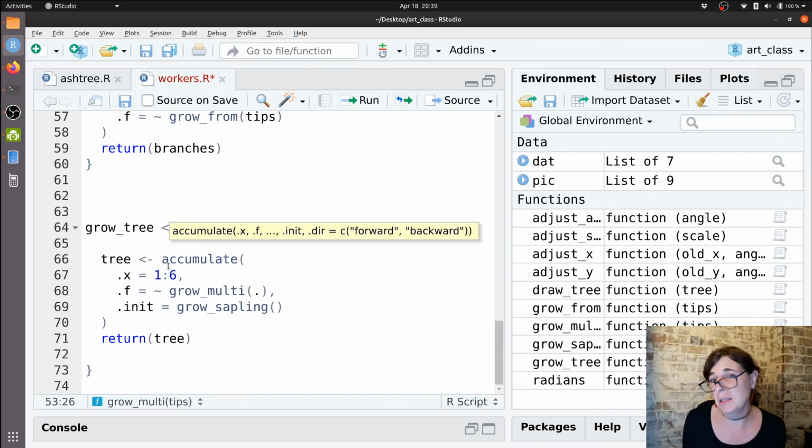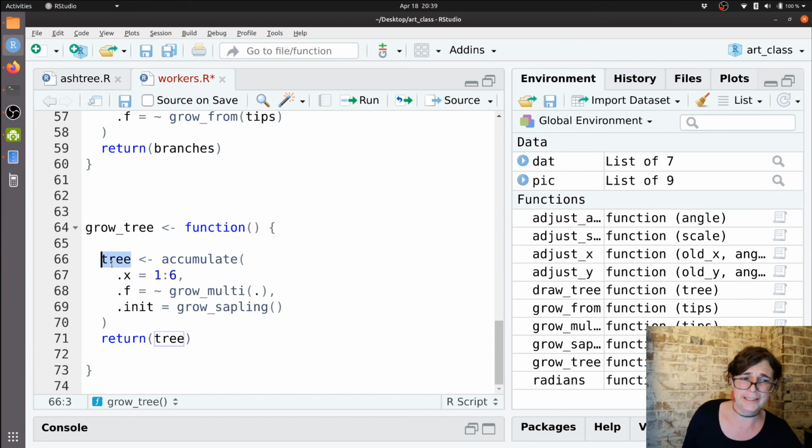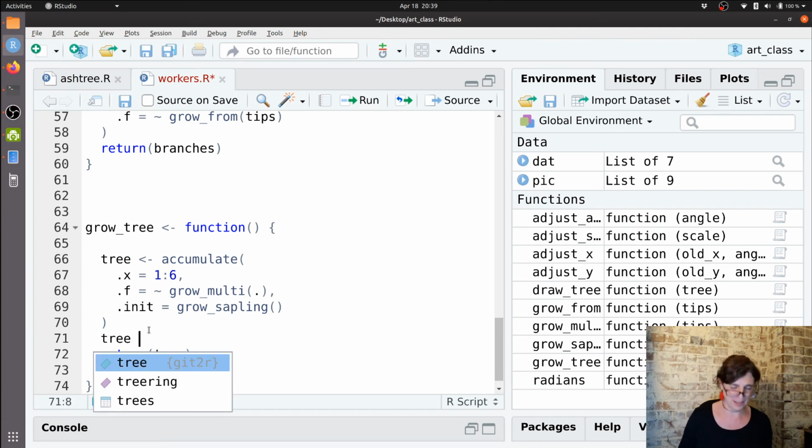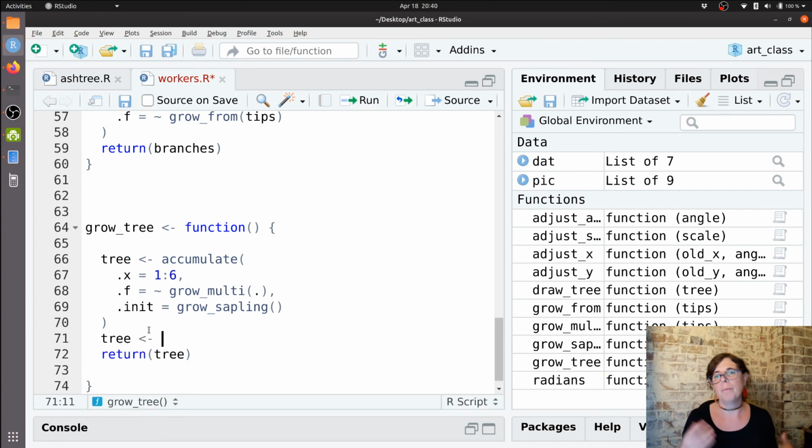because what accumulate is going to do is just the same as map. Each set of tips that it generates at each cycle is just being chucked into one big list. So tree was actually a list of tibbles. I get a list, and I don't want that. I just wanted one big tibble. So why don't I just do tree? I forgot this line here. If there was an accumulate DFR function, we could do that, but accumulate doesn't come in all those different versions. So it's a little bit like you're just working with the basic version of map. So we have to do the extra step of going bind rows,